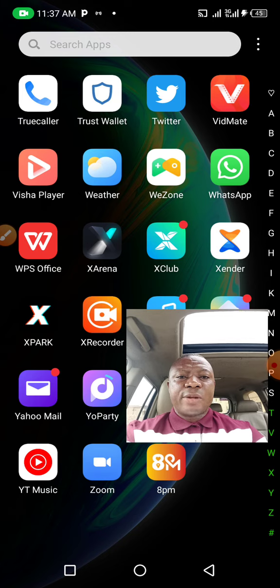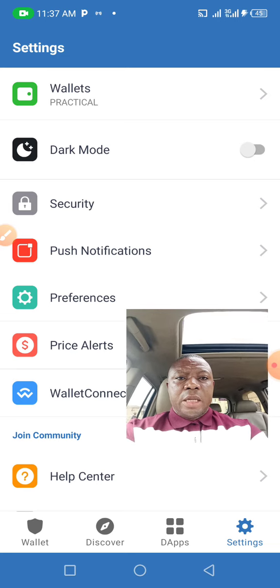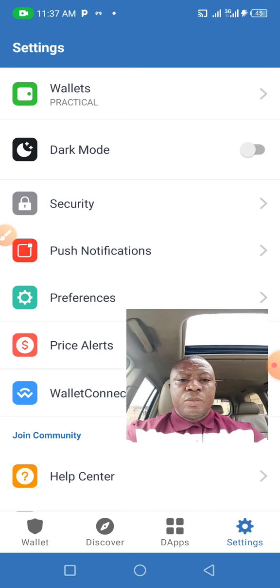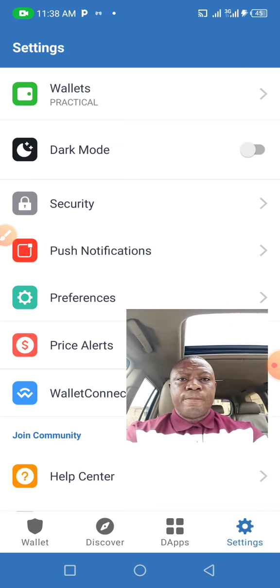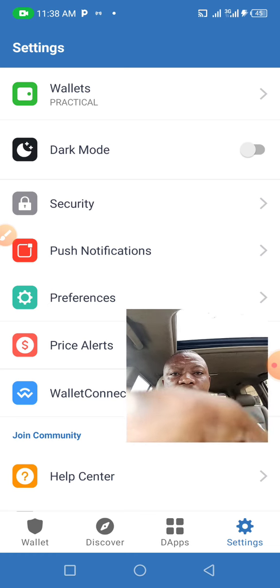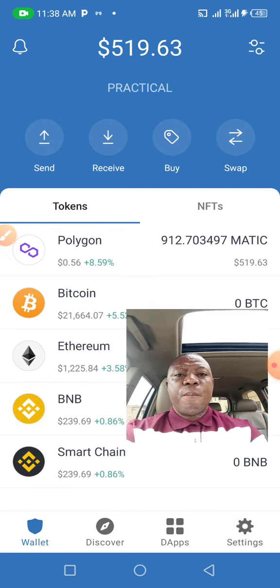So we'll now go back to the Trust Wallet. So since we are now in the Trust Wallet, we have to go to the home page. Now we are in the home page.